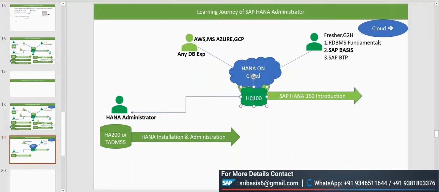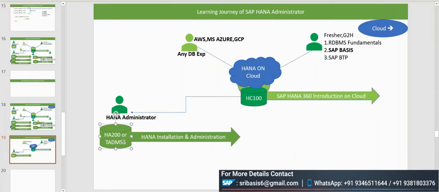coming to cloud point of view, the course is HC100. HC100 is basically a 360-degree overview of HANA DB on the cloud, either public cloud or private cloud, or I can go to the hybrid cloud environment point of view. So how you can pay the license, how to create a trial account, what kind of subscriptions there are, and BTP user account overview. All this comes under